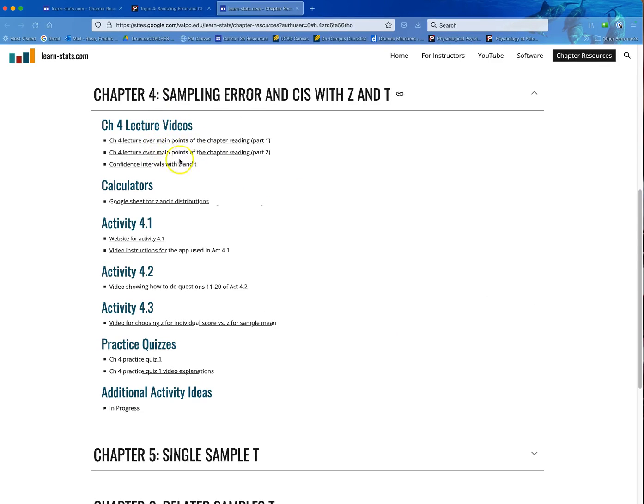So here are some videos over the main points of the chapter readings, how to calculate confidence intervals. I'll come back to the Google Sheet because that's why we're here. But then there are some wonderful videos on how to answer certain questions, like right here, videos showing how to do questions 11 through 20 of activity 4.2. And that's what we're working on now. And here's a video for 4.3 and so on. So lots of good resources on the chapter that may help you on what is admittedly a lot of complicated stuff coming at you. But I want to draw your attention here to the Google Sheet for Z and T